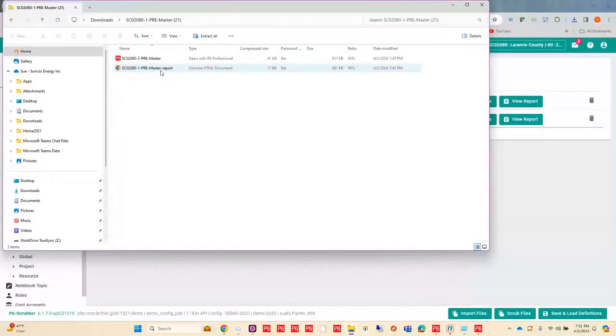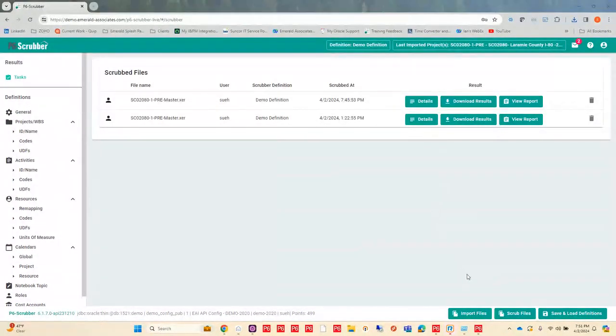So in this report is the same thing that I just showed you. So when I opened up that view report, this is my report as well. And then I do have my clean file. I would extract that, and then I would import it in with the changes. Now, when I do import that in,